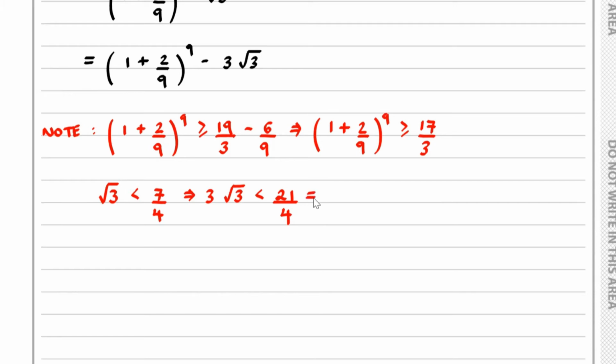And let's just multiply both sides by -1. -3 root 3 then will be greater than -21 over 4. So if we think about what we have here, then